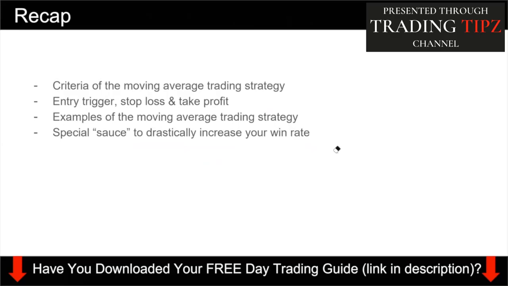Then you look at the 50 period EMA. You want to look for a bounce off it, meaning that price is supported or resisted at the 50 period moving average. I talked about the entry trigger, which is using candlestick patterns. The stop loss is using your ATR, 1 ATR. Take profit is optional. You can target the previous swing high or swing low, or you can trail your stop loss according to